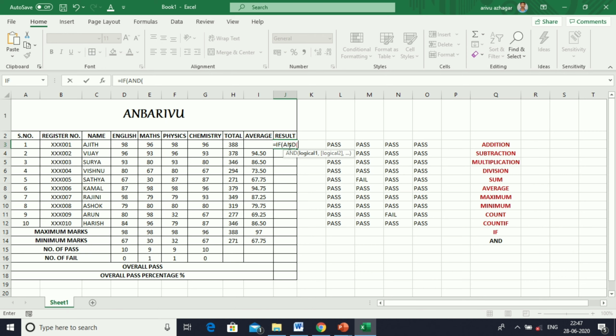I am selecting D3 greater than or equal to 35, comma, selecting E3 greater than or equal to 35, comma, selecting F3 greater than or equal to 35, comma, selecting G3 greater than or equal to 35. Close the bracket, comma,